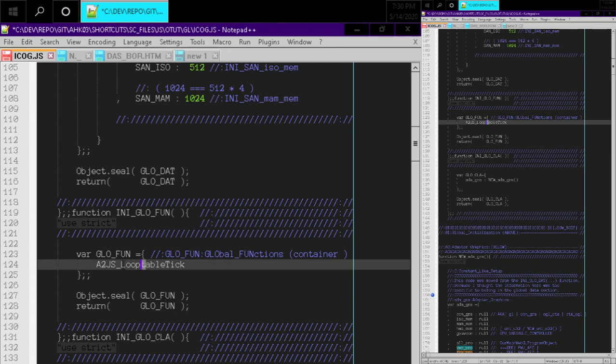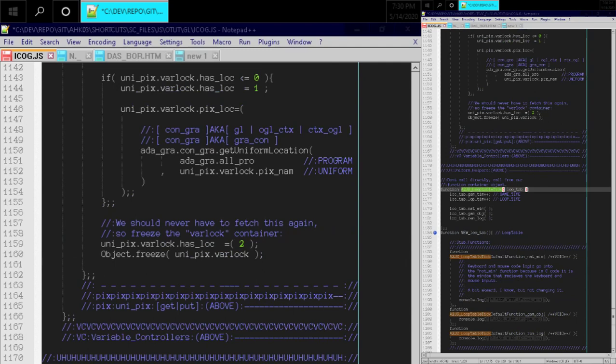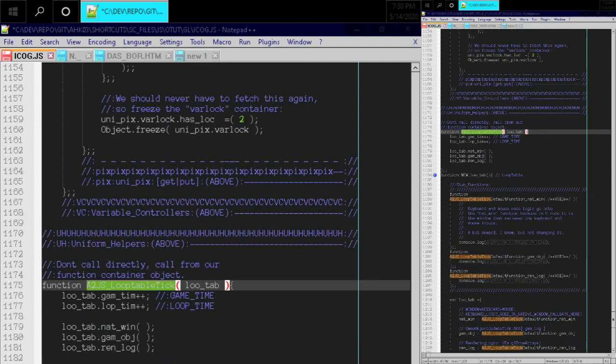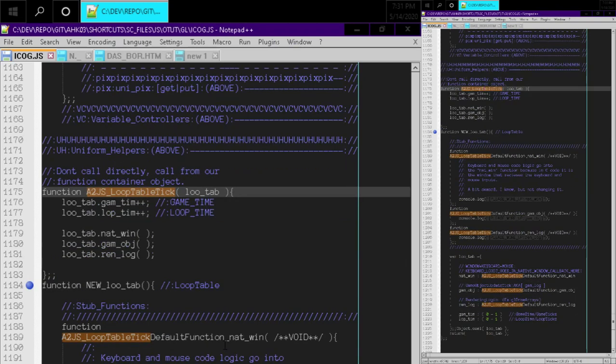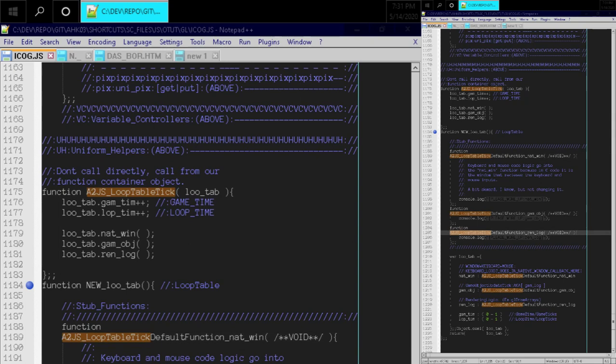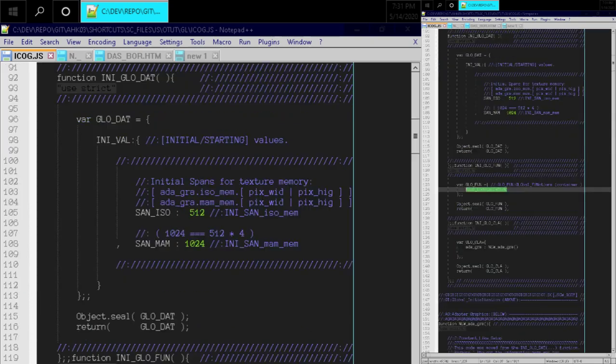So, did we want that to be loop table tick? Okay, so table is capital. I always mix that up. Okay, so yeah, loop table tick, spelled with a capital T, and then what we'll do here is,